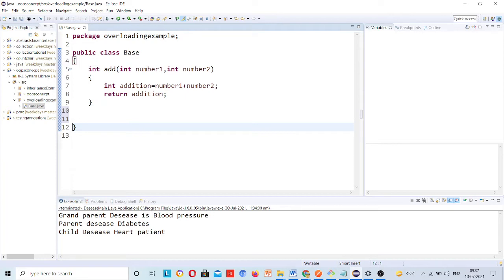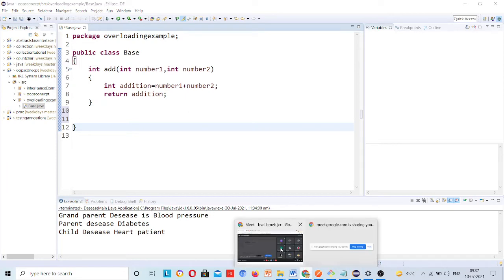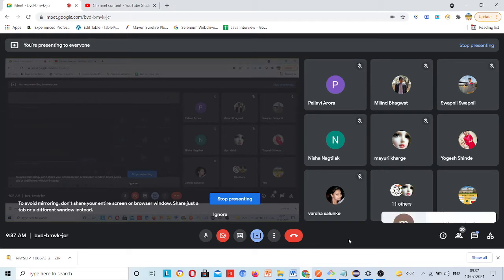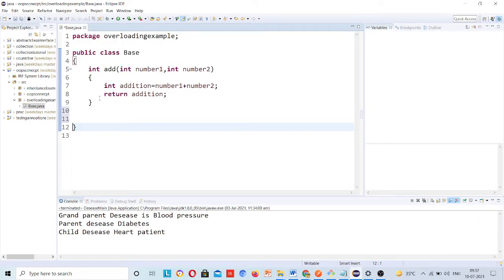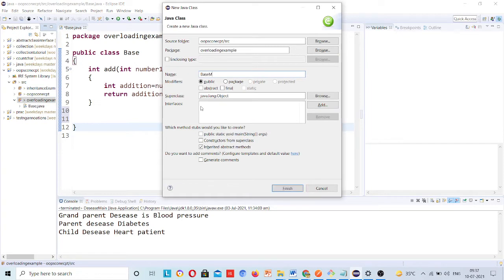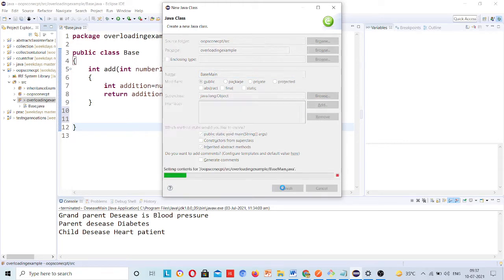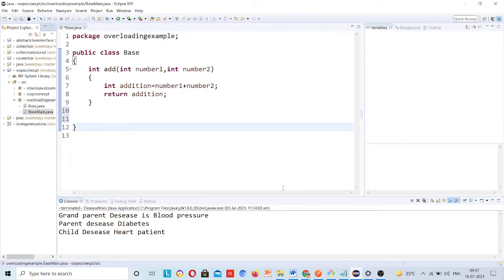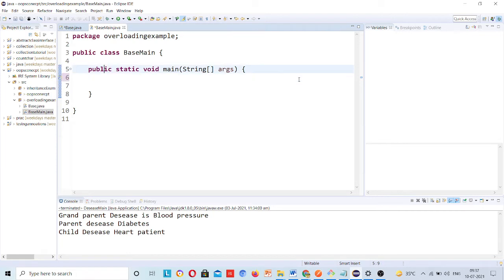After this, see, till the end of the class, if you have any doubt, you are free to ask the questions. We will learn many things here. Okay. So this is one of the methods that I have created. I will create a main class for it. BaseMain, you can give any name, and when you are giving the name, you should remember the naming convention of the classes, methods, everything. Okay. I will check the main method this time and finish it. Okay. So main method is created and main class is also created.